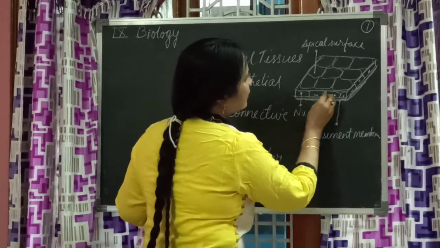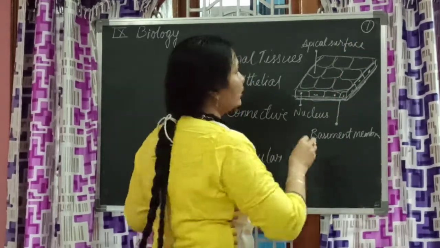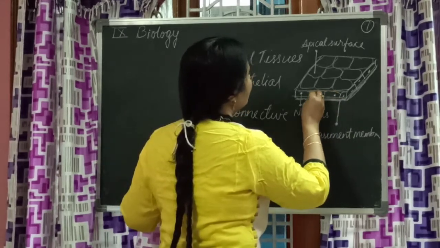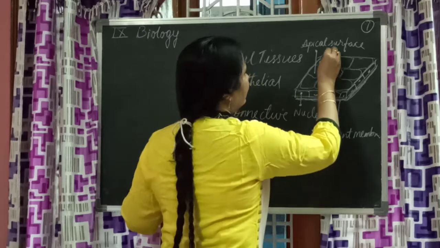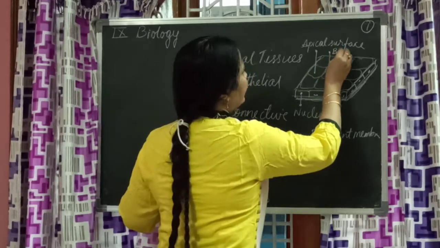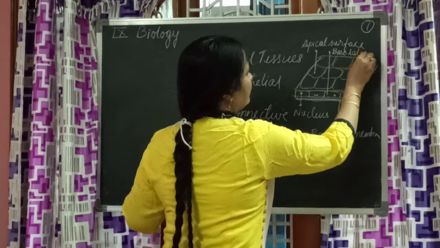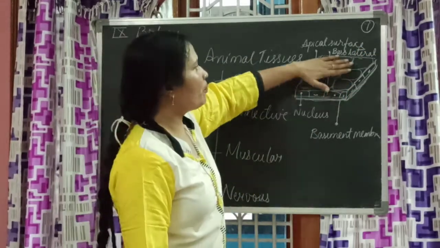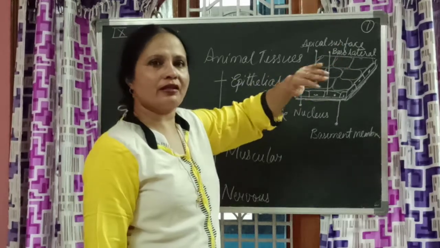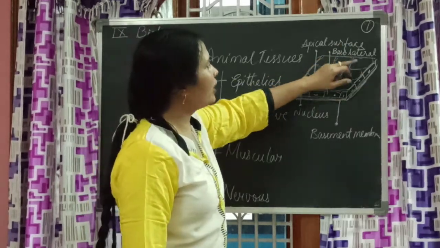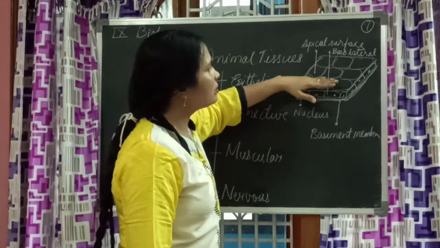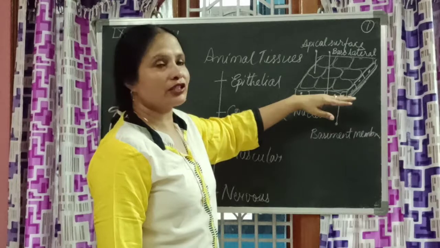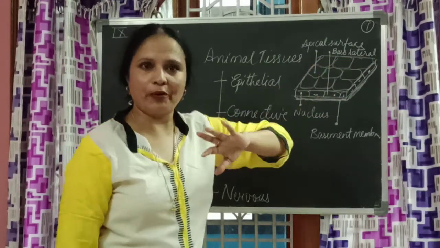And this part where you can notice the nucleus, that part is called the basolateral surface. Basolateral surface. How can you remember that? This top part is apical. Anything on top is apical. And then basolateral is attaching the cells to the basement membrane, so the basal and lateral side. That's why basolateral surface. Remember it like that.